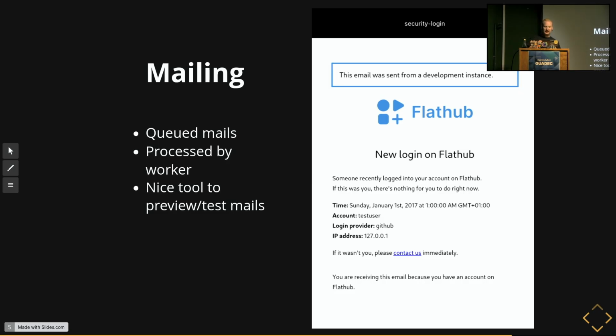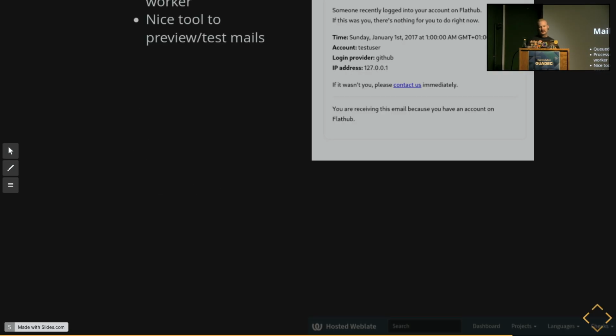So we can test it, see how it's supposed to look, because mail clients are notoriously different. Especially Outlook is kind of interesting. But now we do have a way to make really nice emails and make them good to parse and easy to read, and also test them for mobile formats and stuff like that.